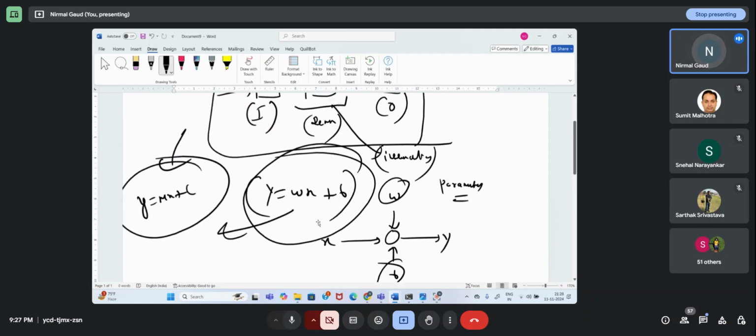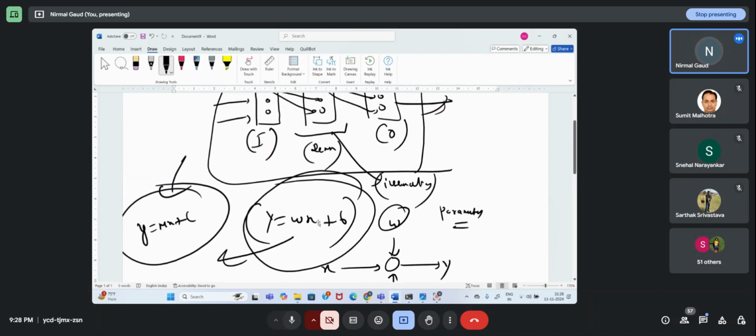The work is related to AI, but the Nobel Prize was won in physics. Geoffrey Hinton, I guess, is the name of the scientist.